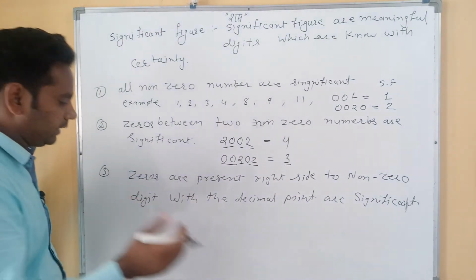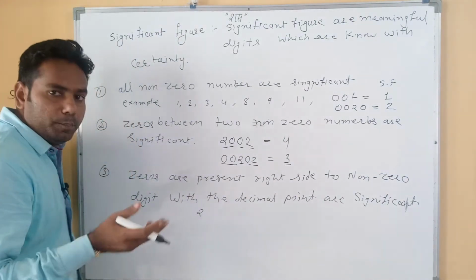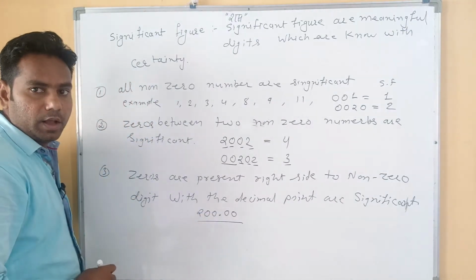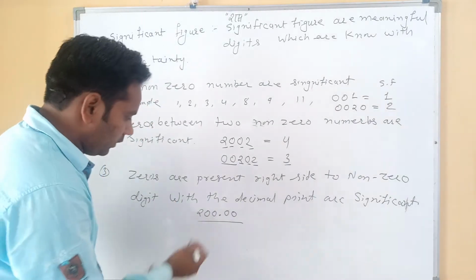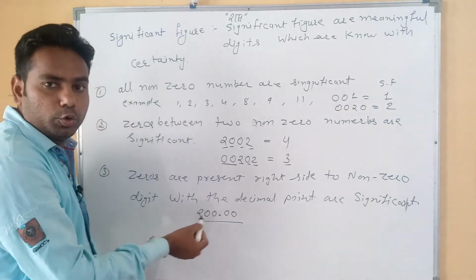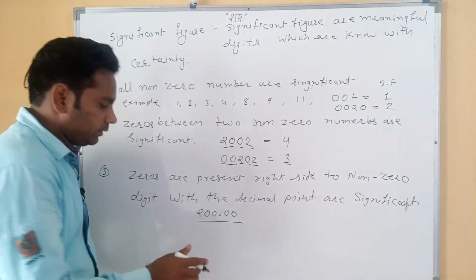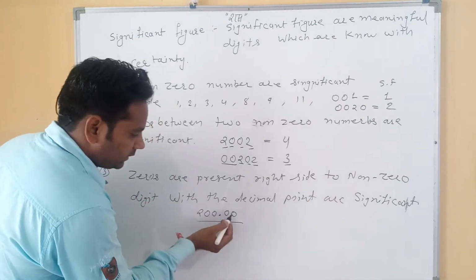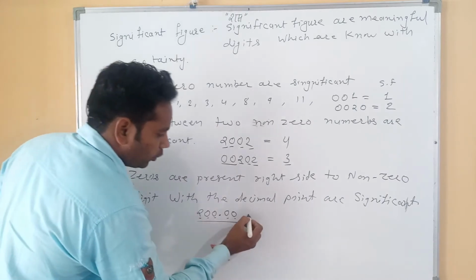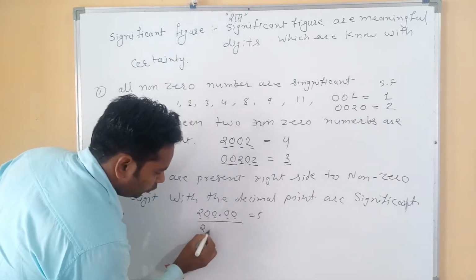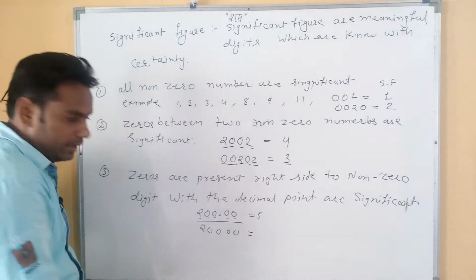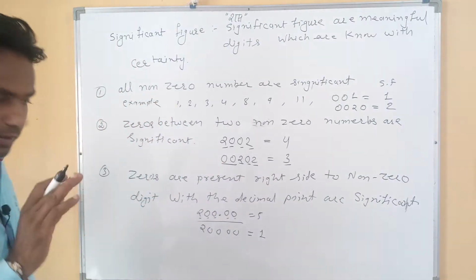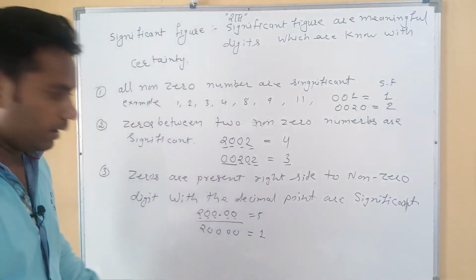Decimal point, what is the meaning of decimal point? You know that our book price is suppose 200 rupees. Like that, price is 200.00. Everywhere after the point 2 digits are present, so its significant number is 1, 2, 3, 4, 5. Total number is 5. But I mentioned here 20000, so total here no decimal point is present, so here significant number is only 1. Clear? I think no problem.